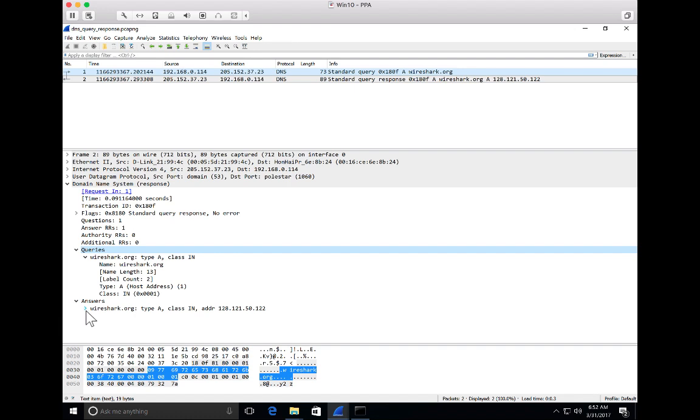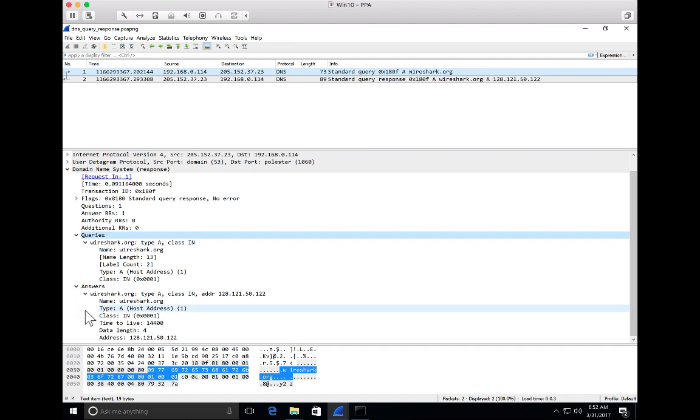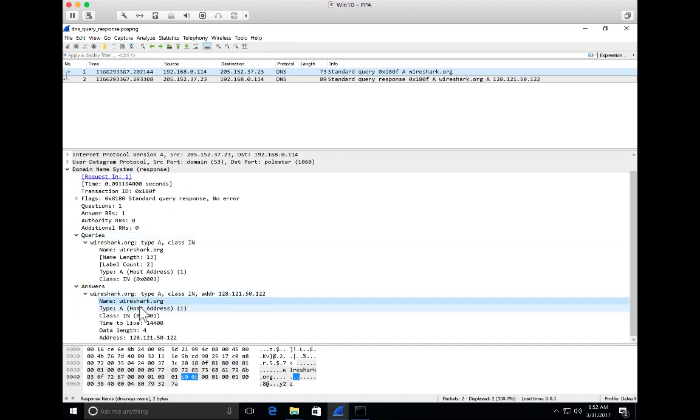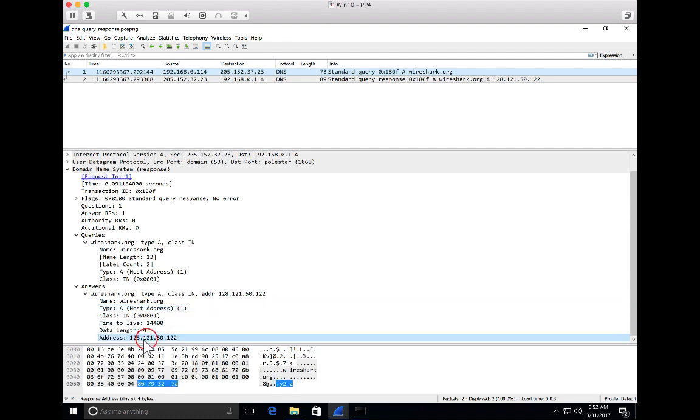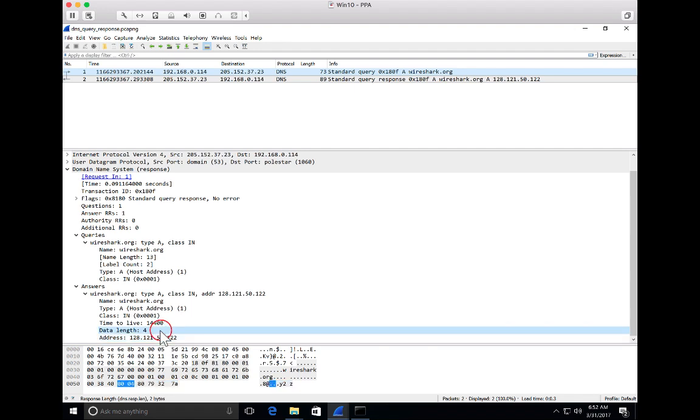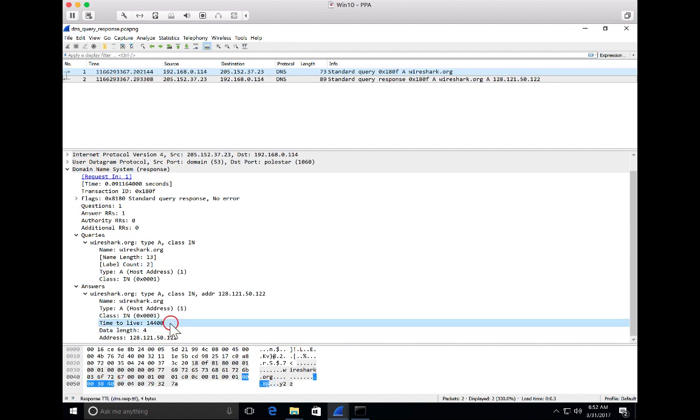And that answer section is actually going to have the information we need. In this case, we see Wireshark.org. We see that it's an A record. And down here below, we see the address 128.121.50.122. Now, a couple other pieces of information here. Data length tells us how long the address is, in this case 4 bytes. We also have time to live, in this case